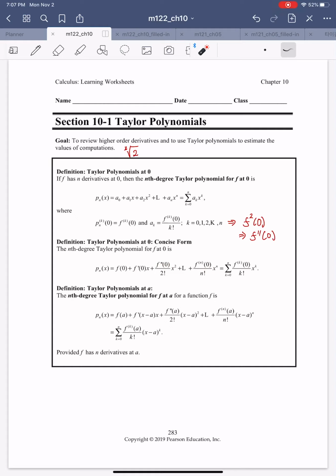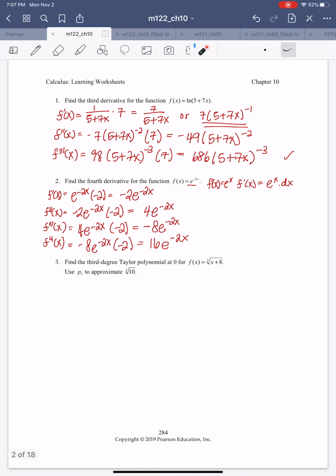So I will differentiate first, and then substitute the 0 to get my coefficient term, and then divide it by the factorial part, and then add our variables. Okay. So step 1,